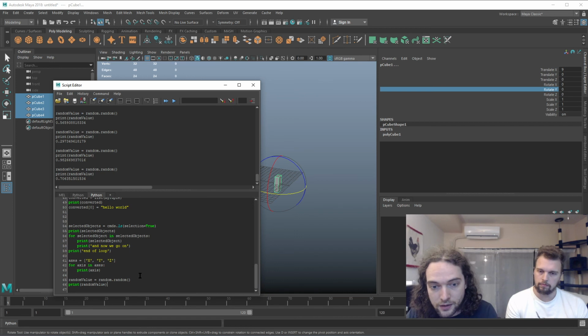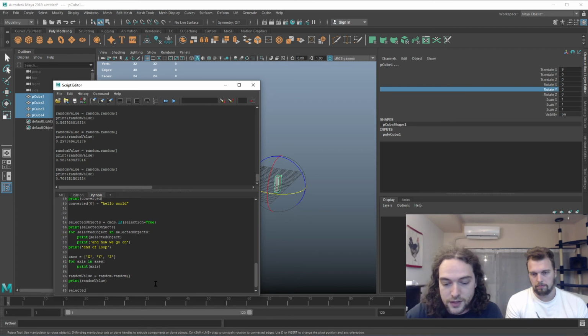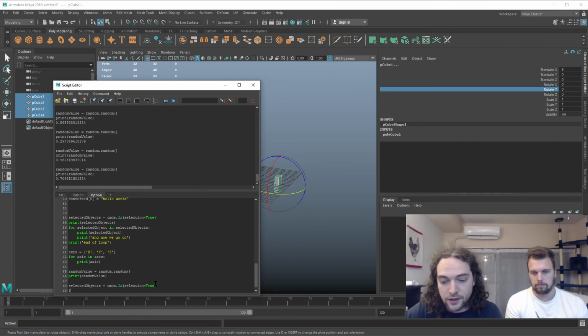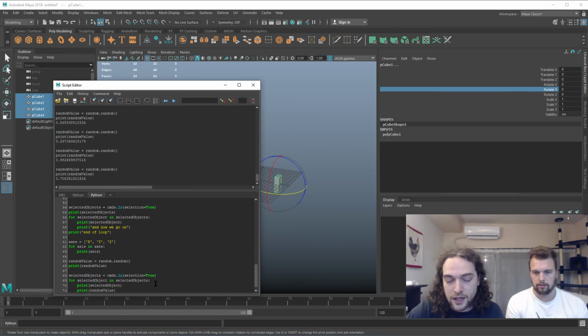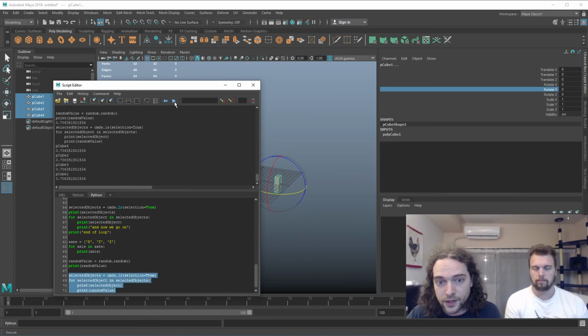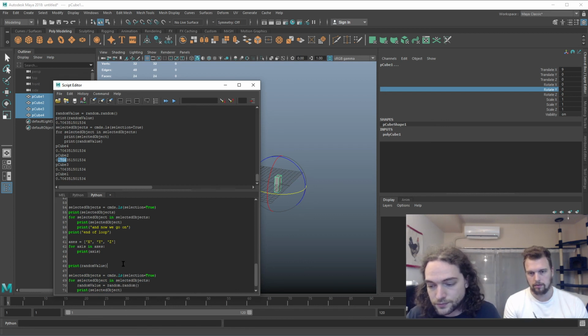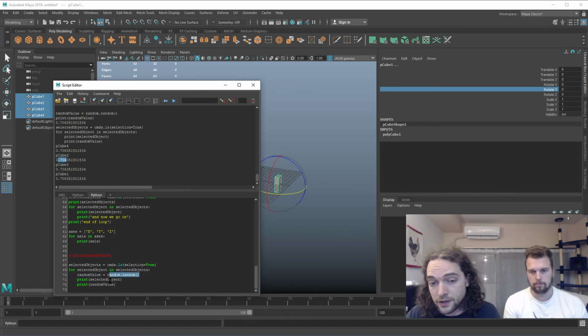And I'll actually show this where we can get the selected objects. I'm just going to write this from scratch, but it's going to be the same as before. selected_objects equals cmds.ls selection equals true. And then for selected_object in selected_objects, well, I could, for example, already print the selected object so we can see what's going on. But I can also print the random value, and I'm going to say set the rotate y of this object to this random value. And I can run this code, and now every object would get the same value associated with it. But if I take this random value and instead put it inside the for loop,